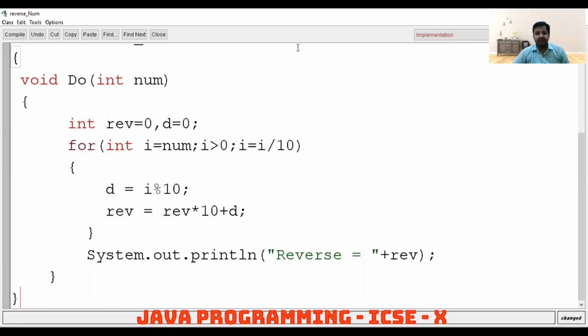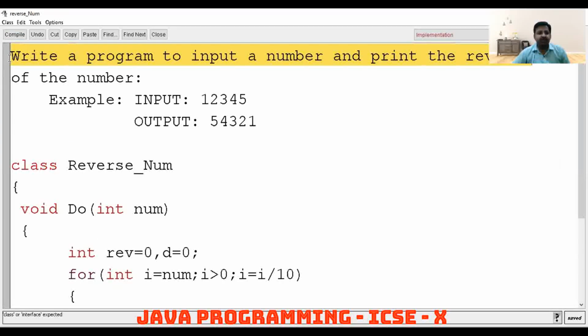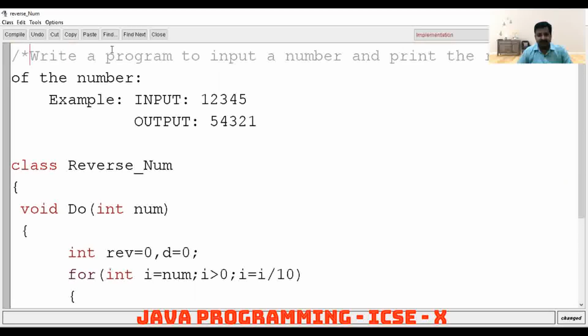So after doing so, we are simply compiling our program. See, we had not put the multi-line comment over there. So we are putting the multi-line comment: / asterisk, and then closing over here asterisk /, pressing enter. So it becomes the comment, the whole question, which is the non-executable part.